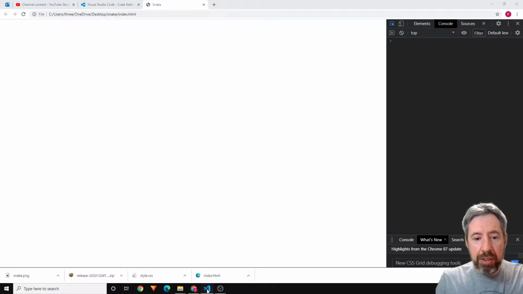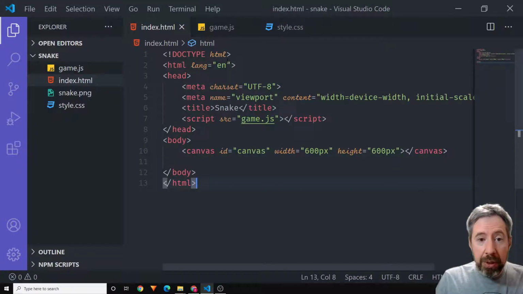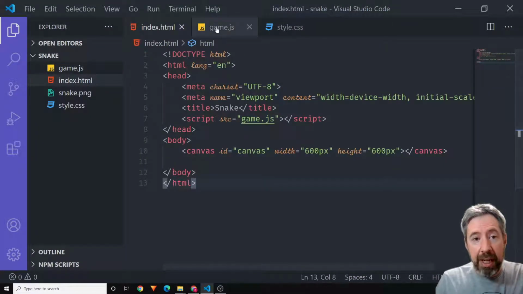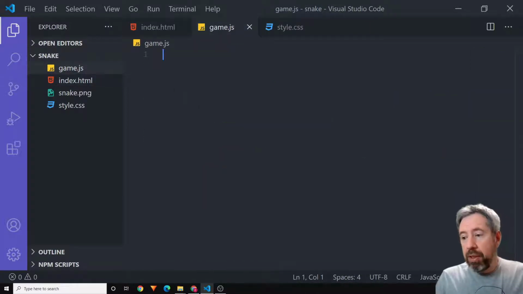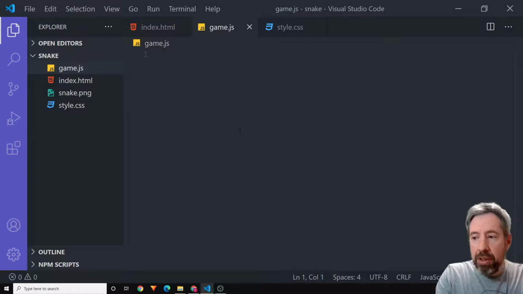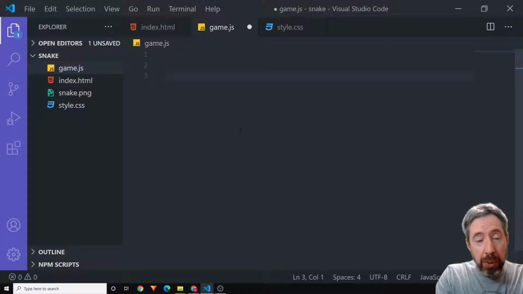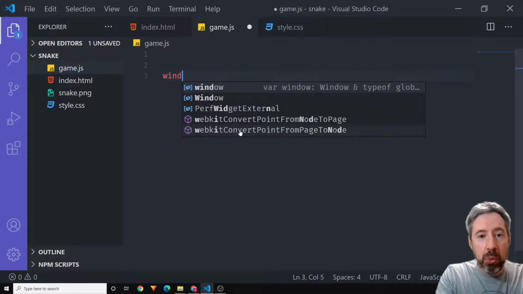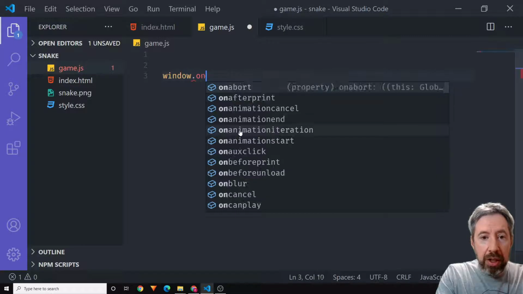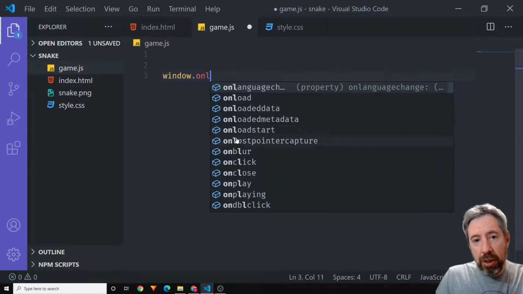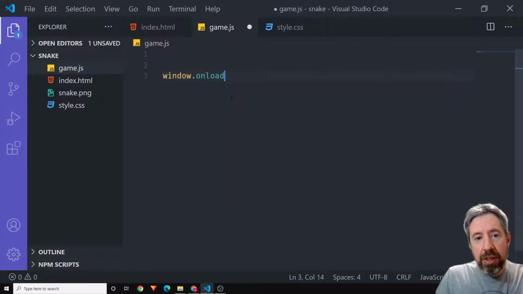Hopping back into Visual Studio, let's start on the game file now. I'm going to follow along exactly with my little guide so that it's exactly the same for you. Now we're going to use event-driven programming, and we're going to use an event straight off the bat: window.onload. As you can see, it has loads of built-in functions. Window.onload is a function,